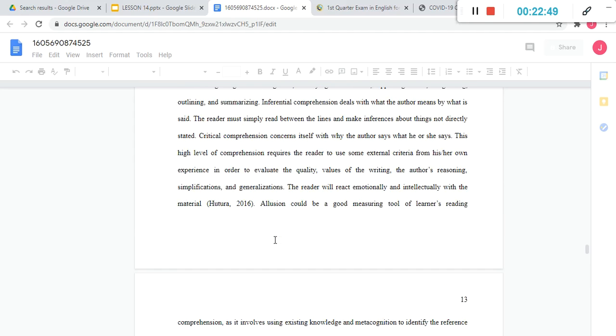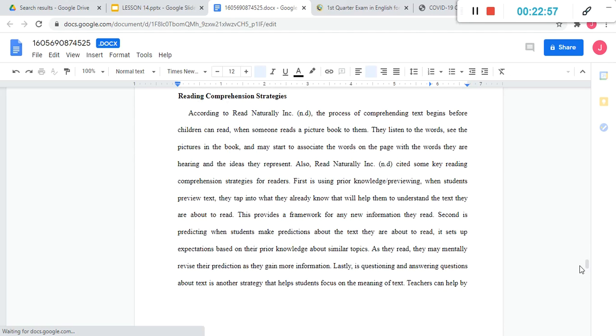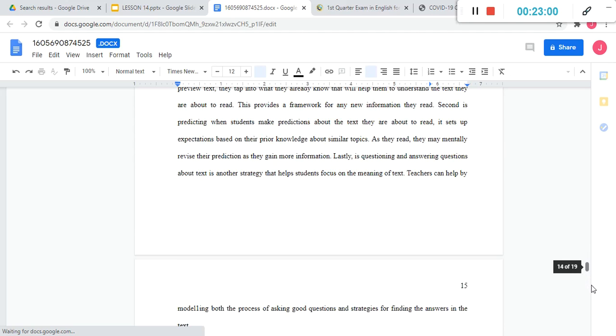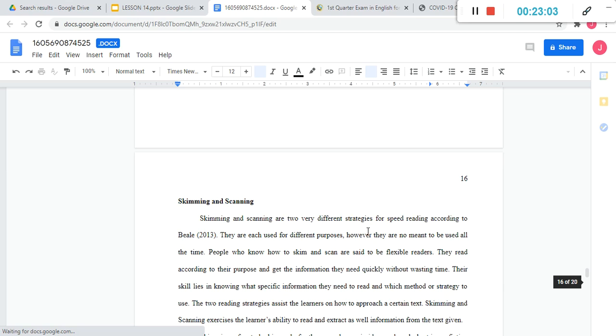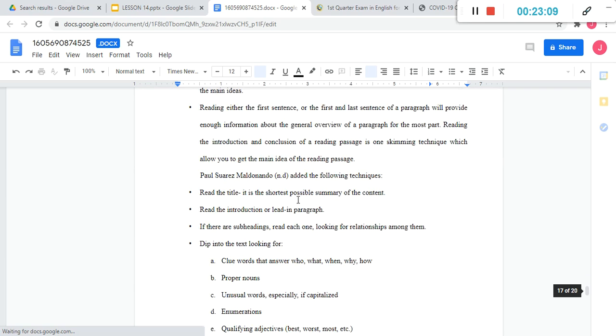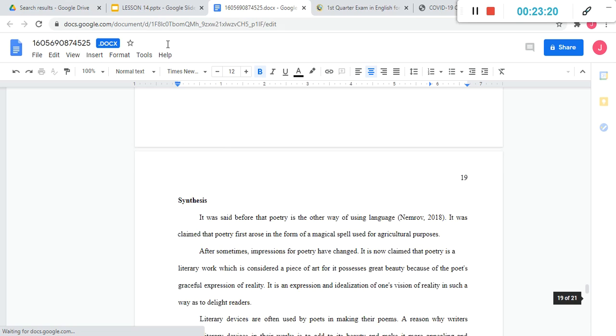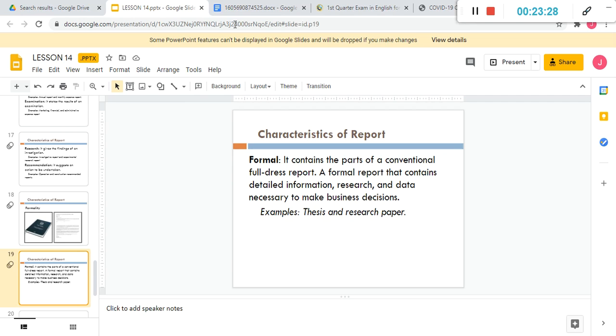Wait a moment guys. So, what we're saying with a formal report, when we say formal report, it has all the important parts of a report such as the introduction, the methods of analysis, the results, the conclusion, and the recommendation. So, those are the important things we need to see there. It's lagging a bit guys. We're having problems with the presentation. Anyways, that's all we need there.